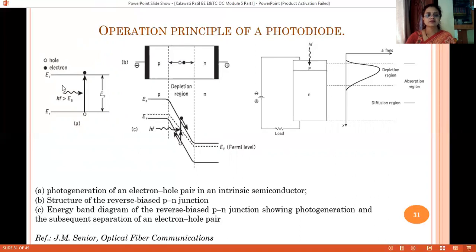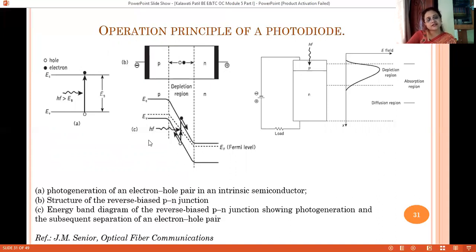Now when external photons with energy greater than the band gap of this PN photodiode fall onto it, an electron from the valence band jumps into the conduction band, so we get a photocarrier generated. With the external bias, a strong electric field is present across this depletion region, which sweeps these electrons and holes towards the ends, as can be seen from the band diagram.